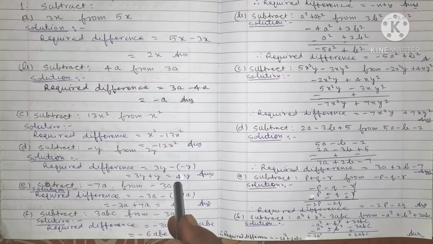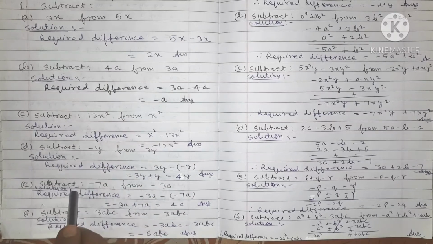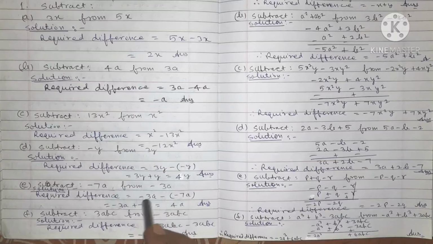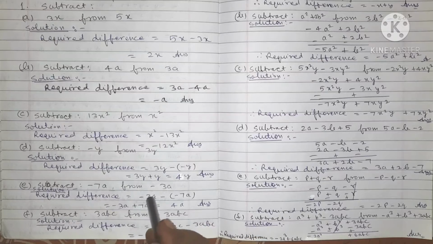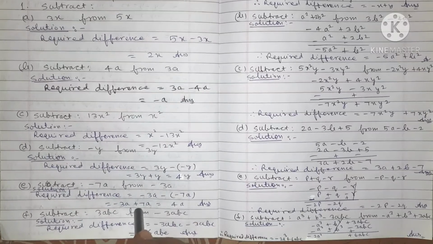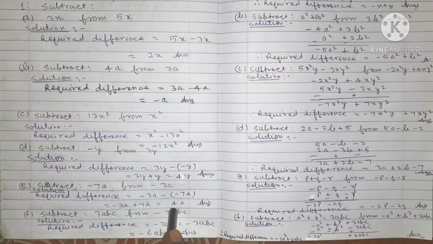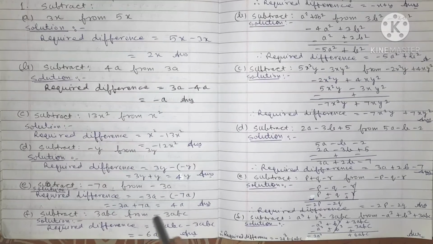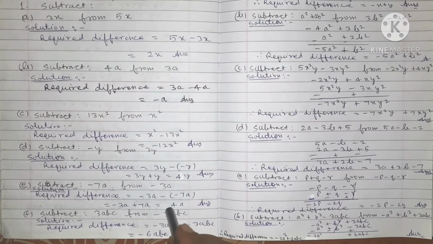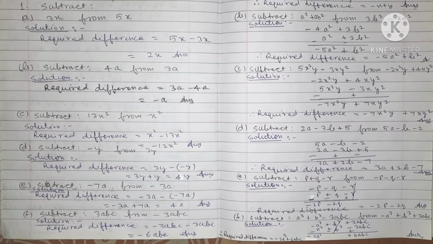After "from", we write first. So minus 3a should be written first. Before "from", we write after the negative sign. So we write minus of minus 7a. Now this can be written minus 3a minus minus plus 7a. Now minus plus minus, we do minus: 7a minus 3a, 4a. Since the absolute value of plus 7 is more than the absolute value of minus 3, we write the sign of positive sign. So here it should be plus sign and plus sign is hidden, so we write only 4a and this is the answer of question number 1E.